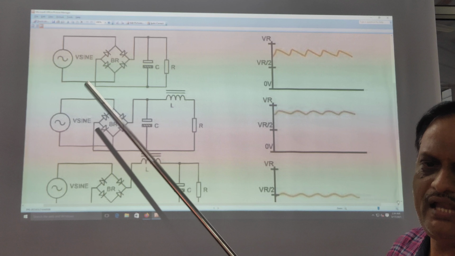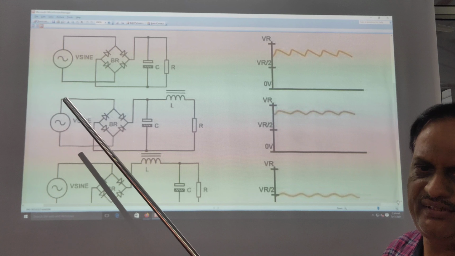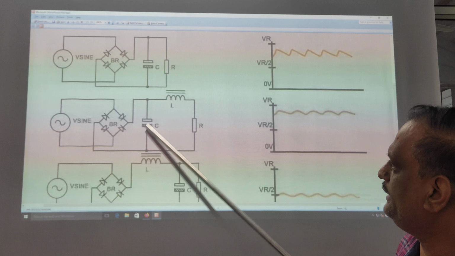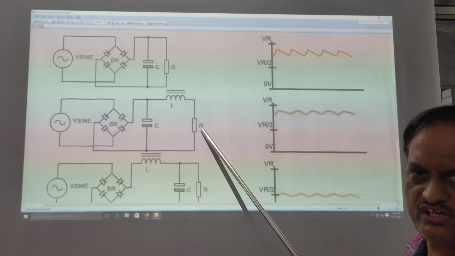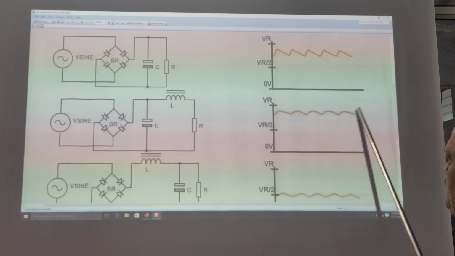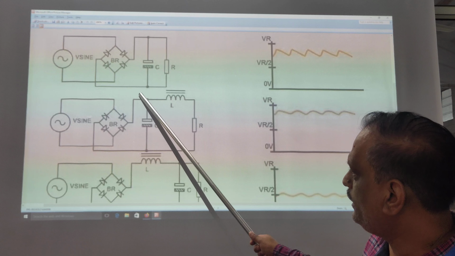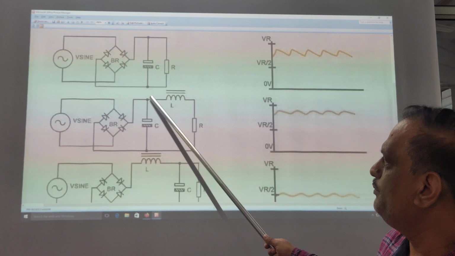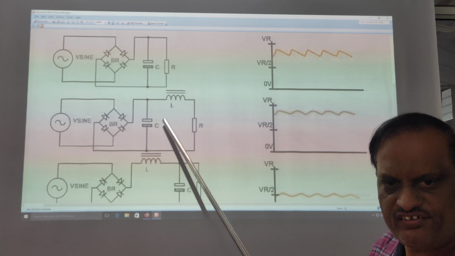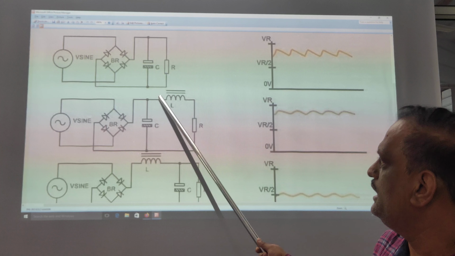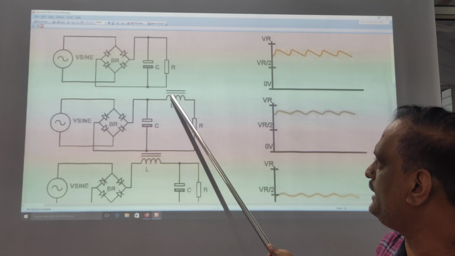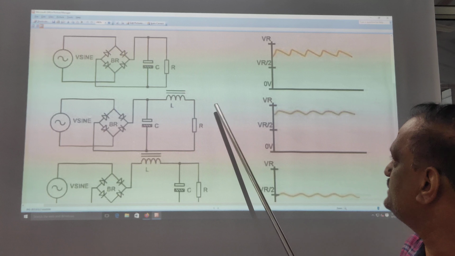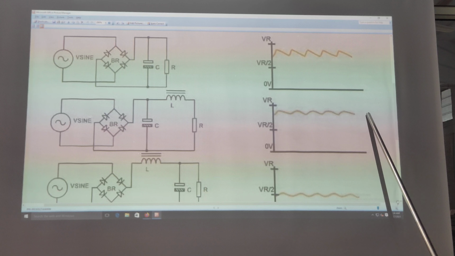In that case, we'll have to make the combination of capacitor and inductor, both connected in such a fashion along with the load resistance to generate the output voltage like this. Here, whatever pulsating DC voltage is generated will be passed to the inductor. This capacitor blocks the DC voltage and passes the AC voltage. Now this inductor filters the AC voltage, and whatever DC voltage is blocked will appear across the load resistance. So this is the output voltage generated.